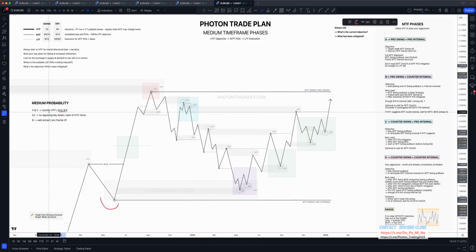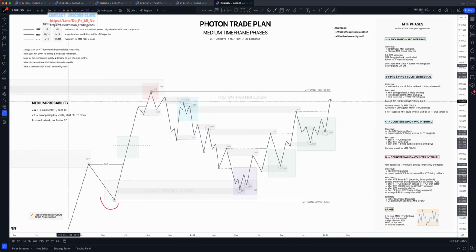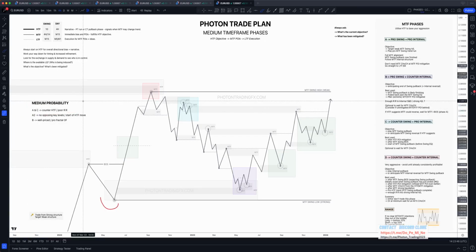So poor risk reward essentially. Yes, we are pro medium time frame internal and pro medium time frame swing, but maybe we're trading against the higher time frame overall momentum, right? Maybe we've come off a 4-hour level and we're expecting the next 4-hour leg to the downside. Technically our medium time frame is still bullish, but at any moment the 4-hour could take over. So it's kind of medium probability, right? That's why a lot of the times it will still fall under here rather than completely high where we have everything aligned. So then the exact same thing for phase C.